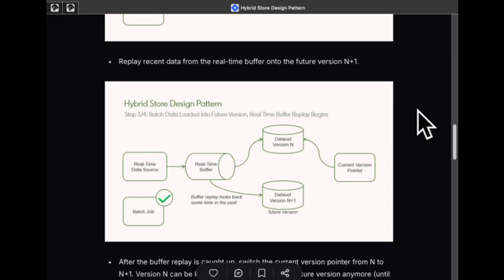So the buffer replay looks back at some point in time in the past within the buffer, like it could be 24 hours ago or whatever. It's configurable. So the user can decide how far back they need to go within the buffer following this batch push. And so it starts consuming past but recent data from the real-time buffer, and applies it into